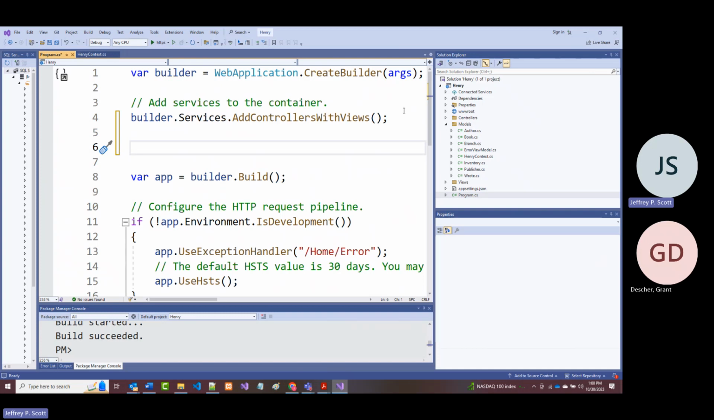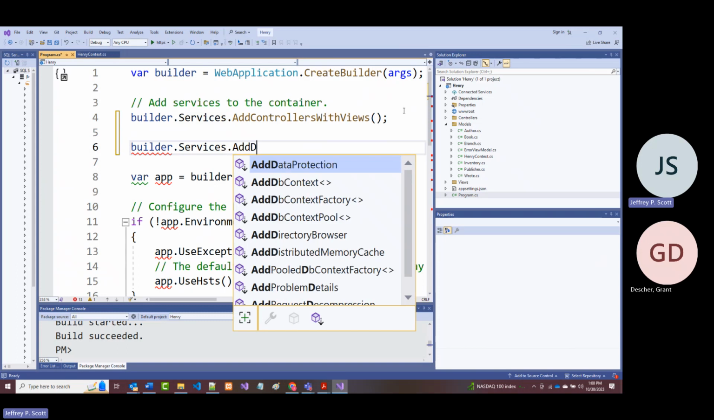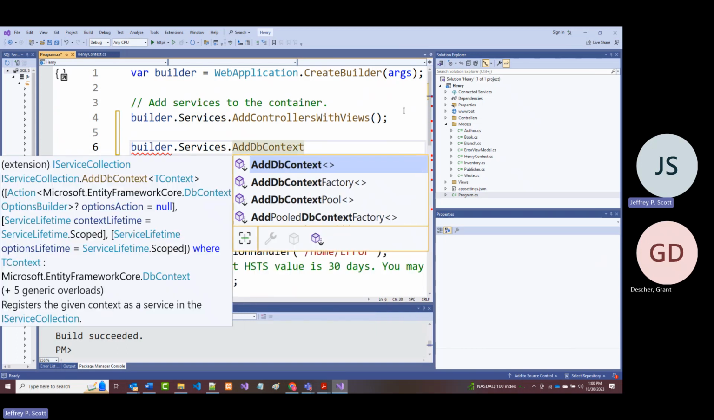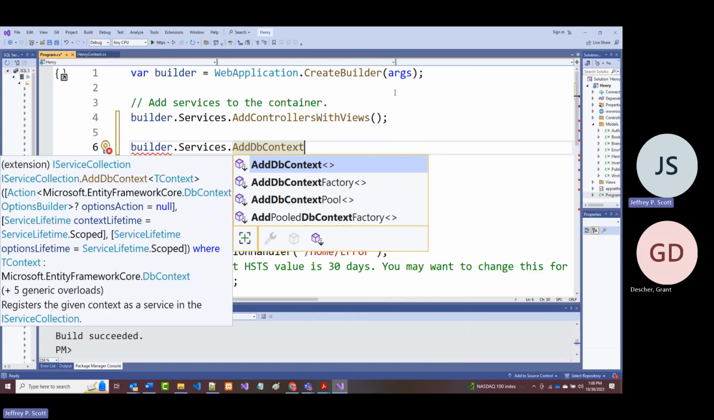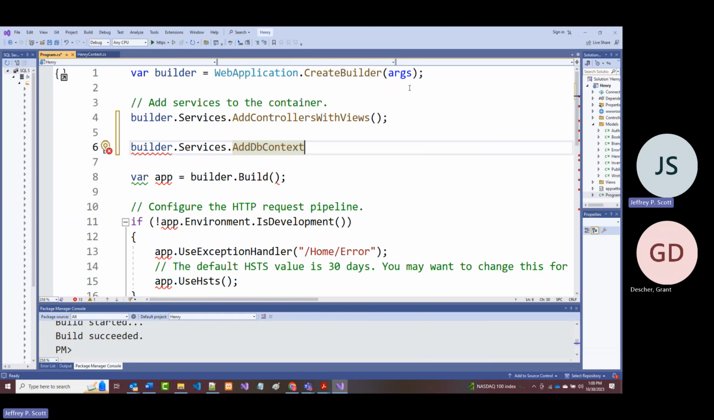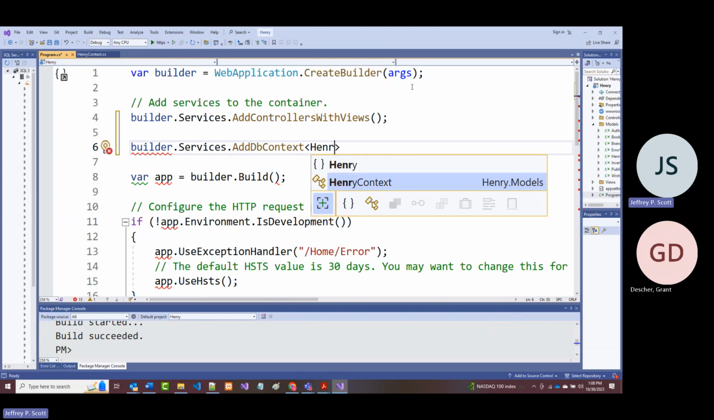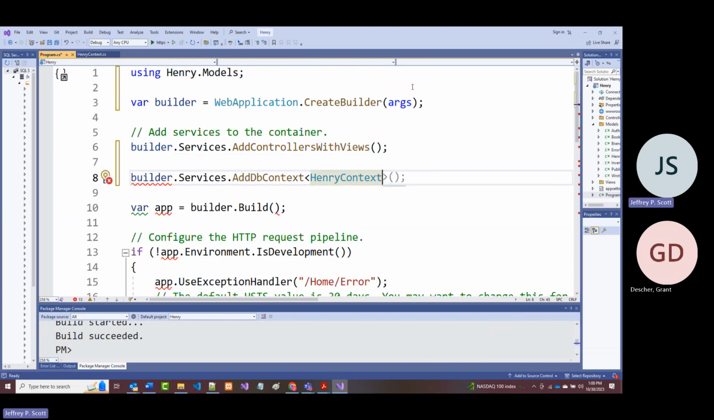So I'm going to come in here and do our builder.Services. What do we have next? builder.Services.AddDbContext. Again, you've seen all this stuff before. Hopefully those errors will go away as we type a little more in here. So AddDbContext. And then we need our Henry context, and you'll see it pick that up, which is good. All right. And then on the next line,